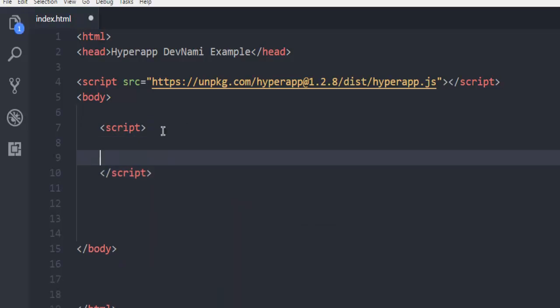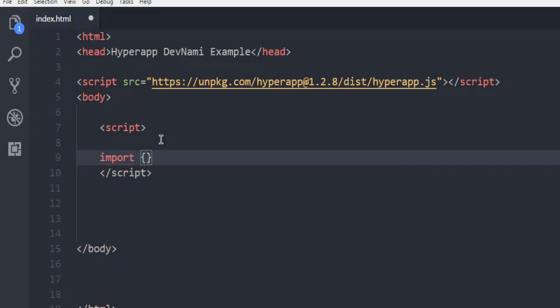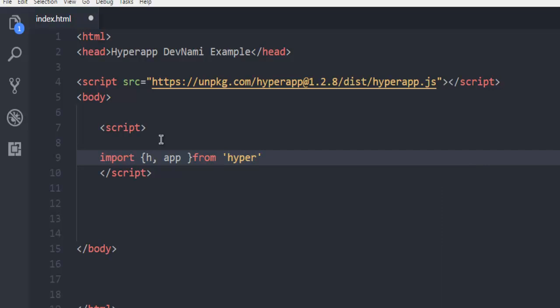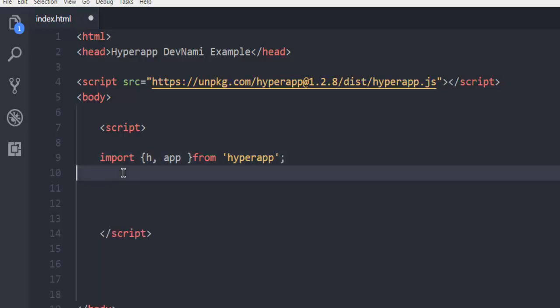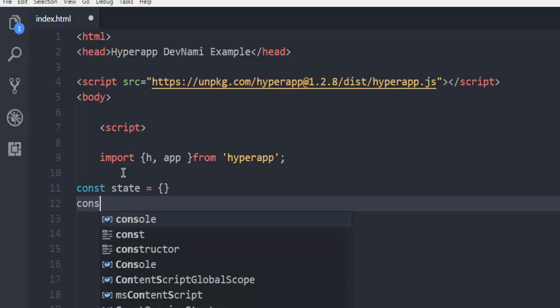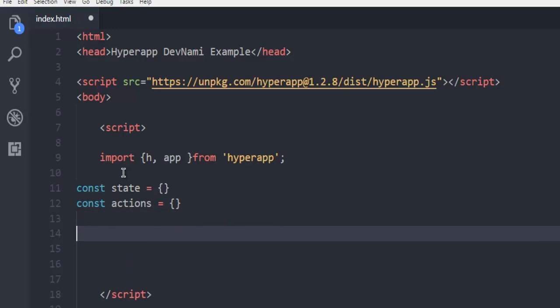a script tag here. Now next you can do is import, then curly bracket, h, then app from. Now here you can use HyperApp. Next thing to do would be const state, set it to nil. Okay, then const actions, set it to nil, and const view should contain your state and actions. So state, then actions,